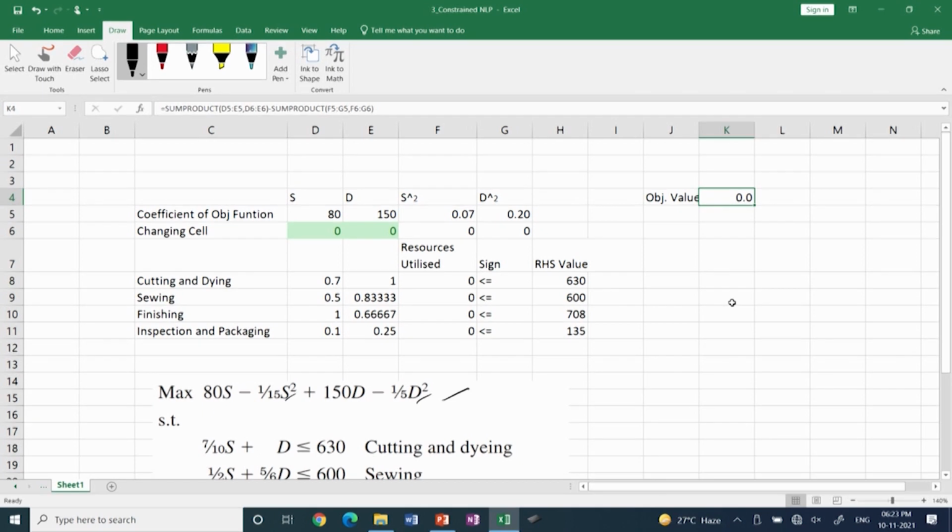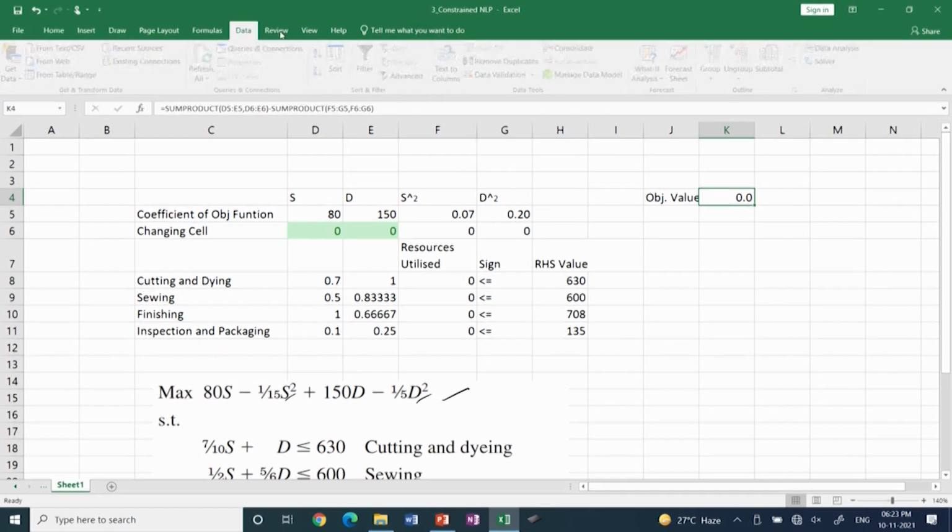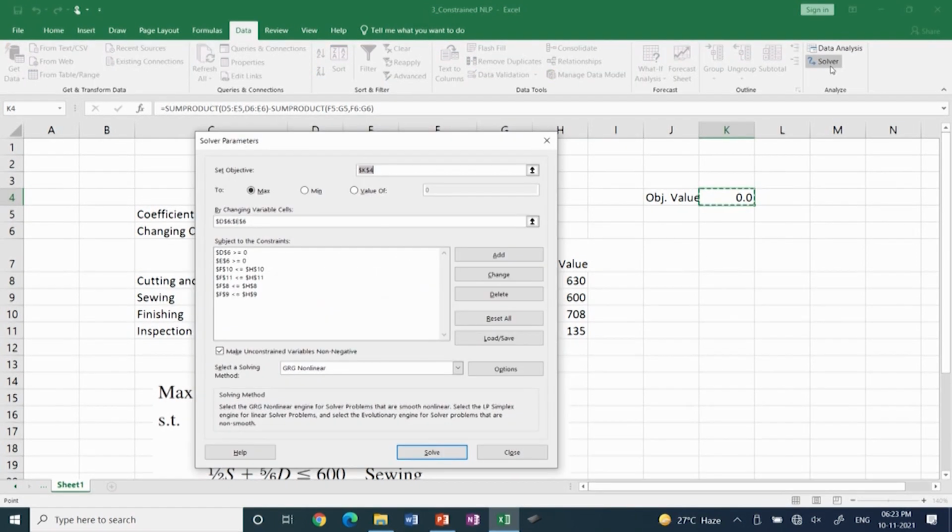Okay. Now, if I go to Data, Solver, yes, this is a maximization problem. Then the changing cells are D6 to E6. Here you see that I am considering all the constraints. So, now it will become a constrained nonlinear optimization problem. So, when I solve it,